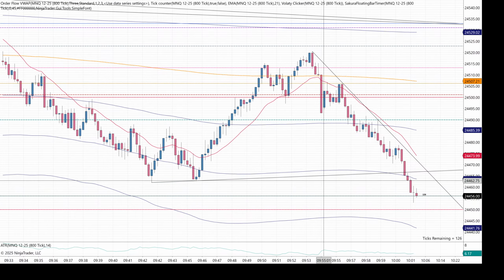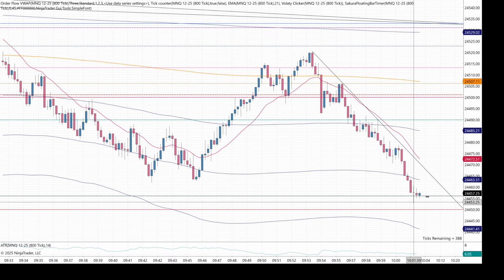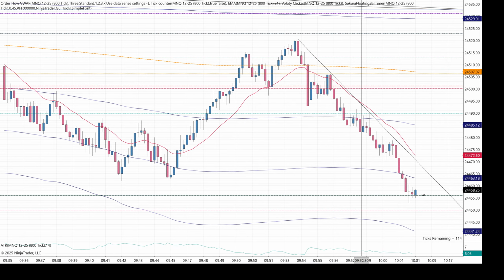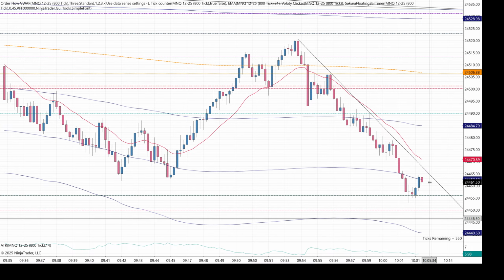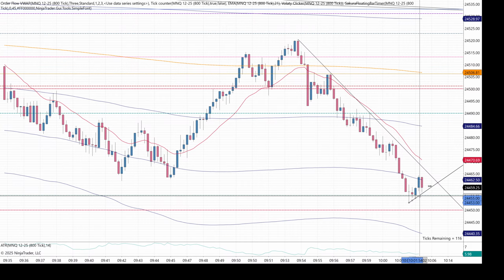Okay, let me delete this, delete that. See how we behave here? We are at the overnight low. So it looks like buyers want to buy here, but